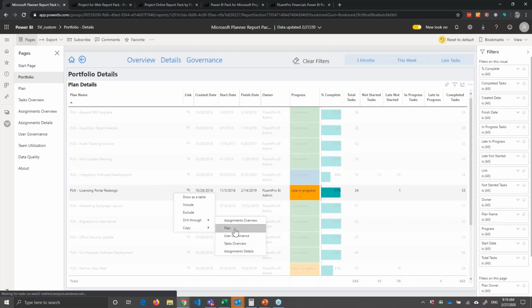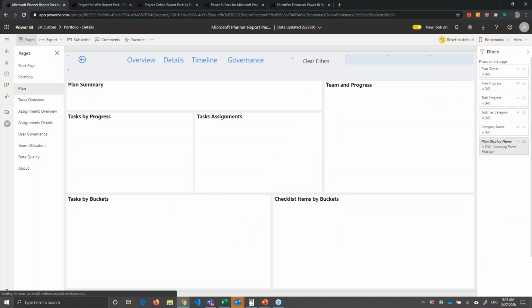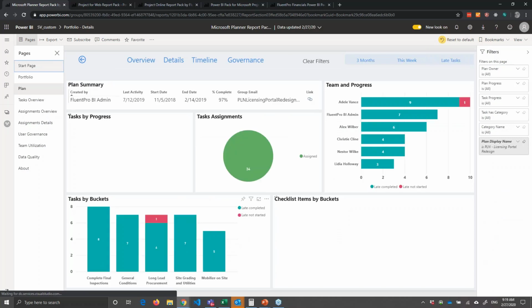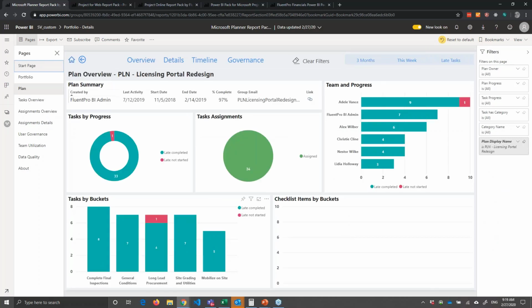So I can drill through to any element, including to resource and everything. And for Planner, definitely it has its own specifics. Like you have buckets, you want to see information by bucket, you might want to see checklist, you might want to see flags, or labels that you assign. It's all report really focused on the needs for the teams that use Planner, but also provide that high level view